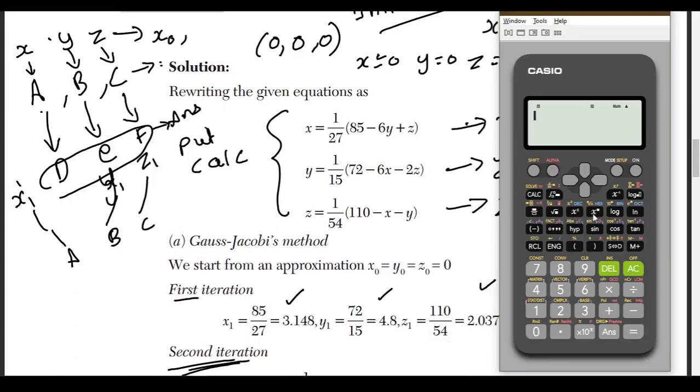Next, similarly, E we store to B. Now E's value is the answer from here, and that has been overwritten to B. Initially B was 0, and now B's value has changed. Similarly, we have to do it for F, which is stored to C. See, simple, done.